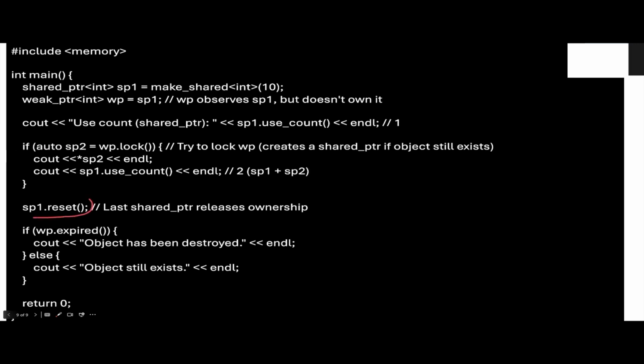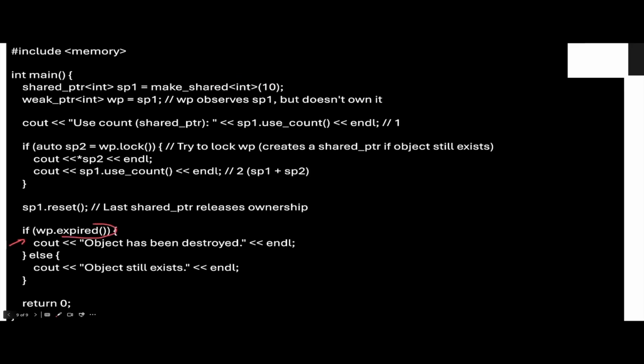Now this reset method is called on sp1. Since there is just a single owner at this point for this particular resource, if you call this reset method on this shared pointer, since it's the last owner, it will delete the resource that it was pointing to. After this point, if you check